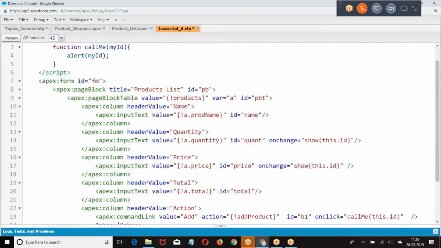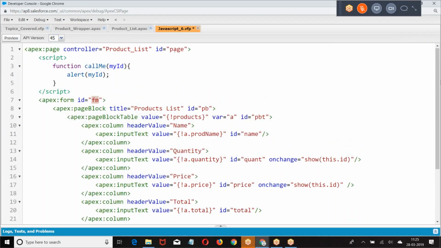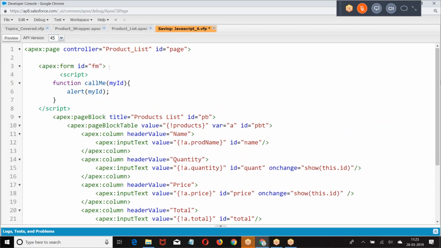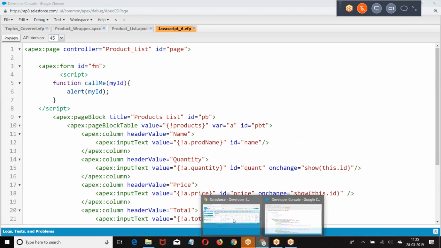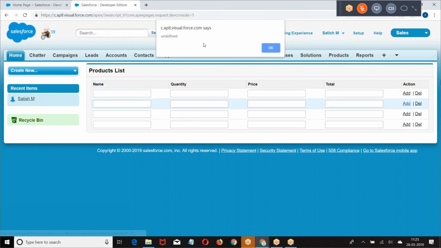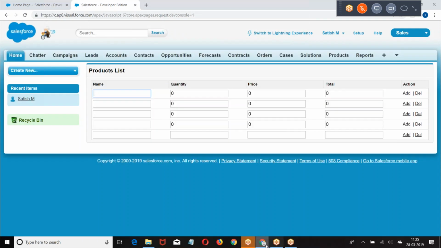Then check anywhere I have is dot ID. Page block table, page block table, form. Go back here. Undefined.